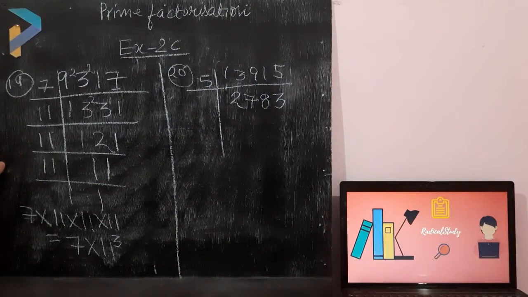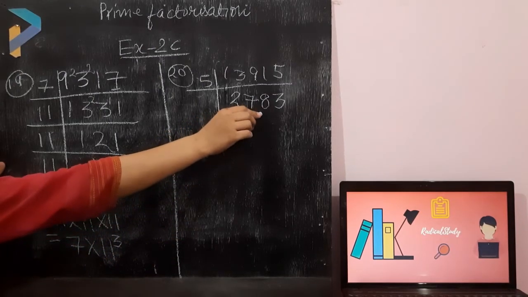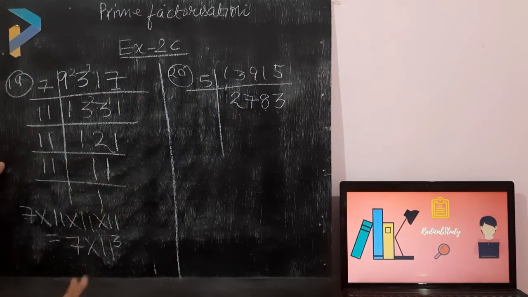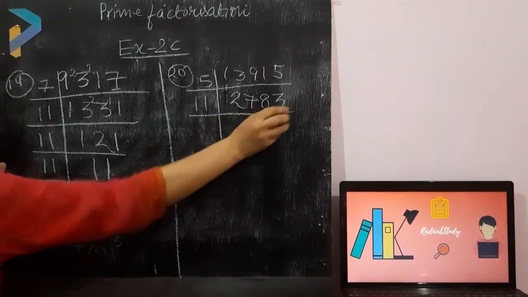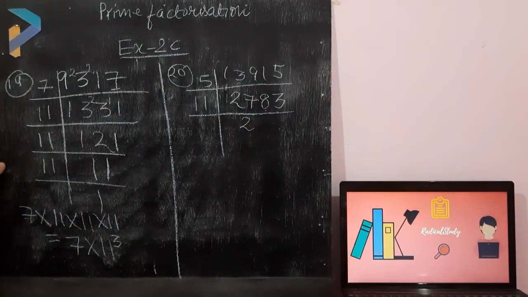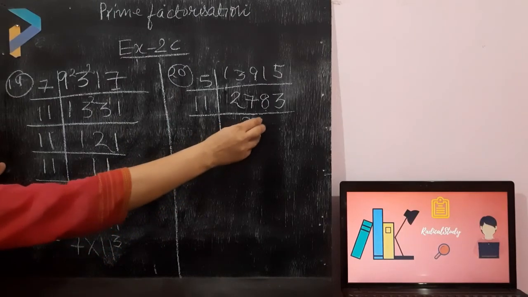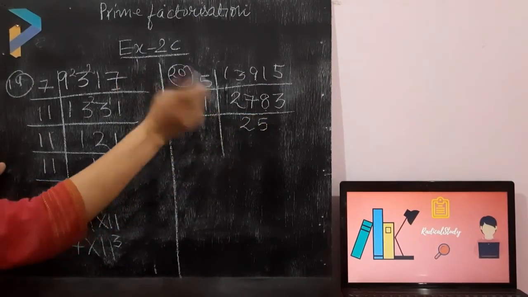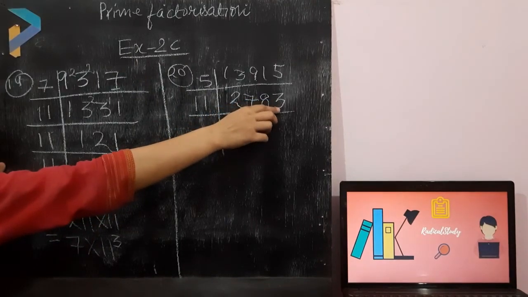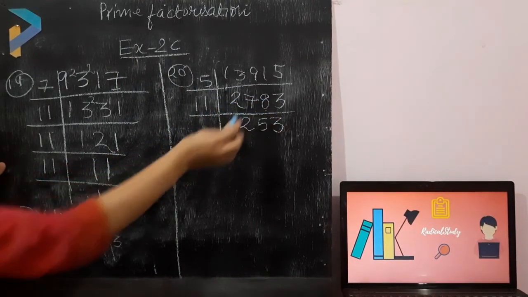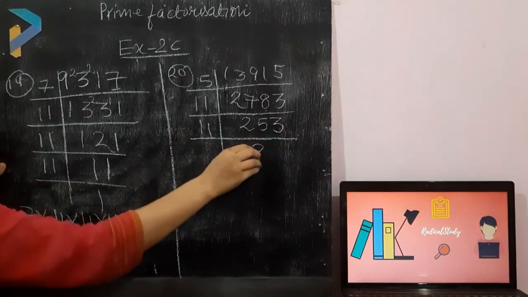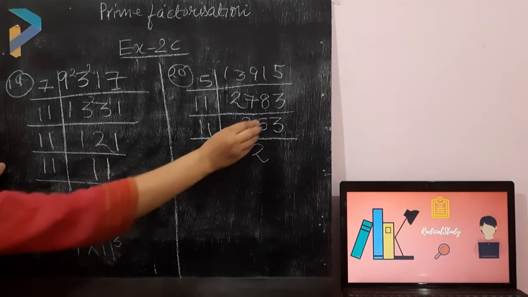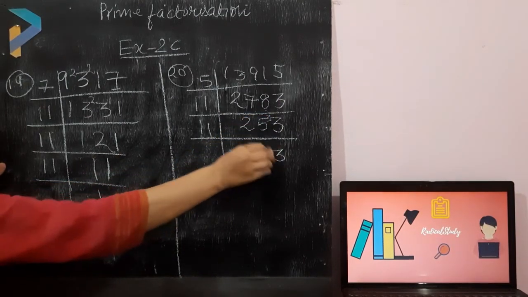Okay students. Now I will try to divide with 3. 3 nines are 27, 3 twos are 6, 2 left, 23. 23 is not divisible by 3. So I will divide it with 11. Okay students. Now 11 twos are 22. 5 is left. So 11 fives are 55. Now again 3 is left. 3 will join with this 3. It will become 33. 11 threes are 33. Now again I will try to divide it with 11. 11 twos are 22. Again 3 is left. It will become 33. 11 threes are 33.